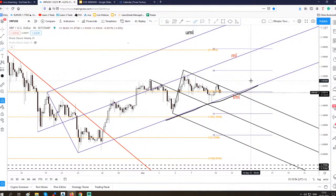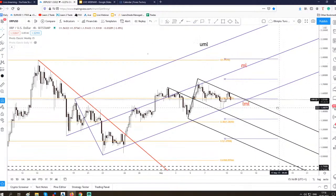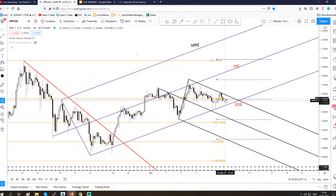And maybe if we'll have a confirmation here, I will send you also the buying signal into the VIP Telegram group. The bias is still bullish here as long as the price stays within the ascending pitchfork body above the lower medium line. Here it has failed to reach the medium line of the minor descending pitchfork, signaling strong buyers. So this could be only a temporary drop here, false breakout, but if we'll have a valid breakout here,